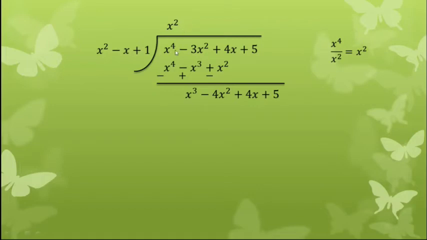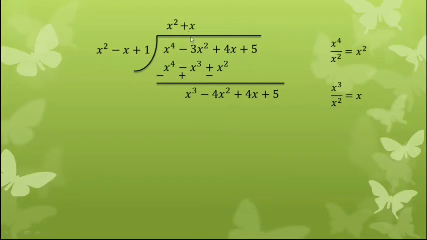Okay, any problem? I think you don't have any problem with this, because it is a simple thing. By which number do we need to multiply? How will we know? We will check the first term, and the first term of p(x) is divided by the first term of g(x).